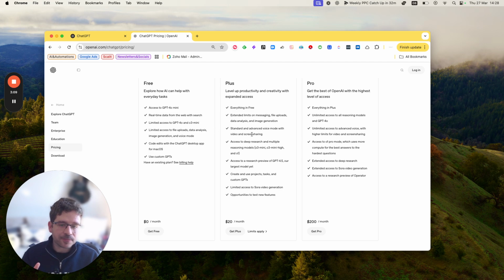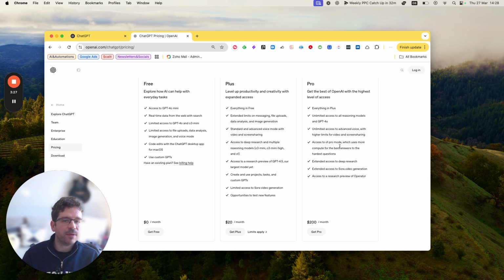Okay? And again, the big difference is you just have more usage for their file uploads and data analysis. You just have more usage than the free plan, and then you have access to things that the free plan doesn't have access to. Then they have a Pro tier, which is basically everything on the Plus, but then you have